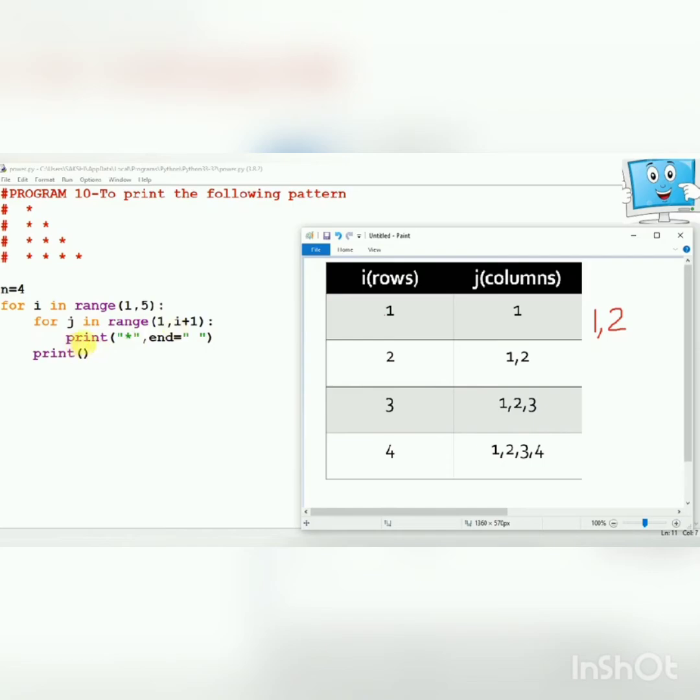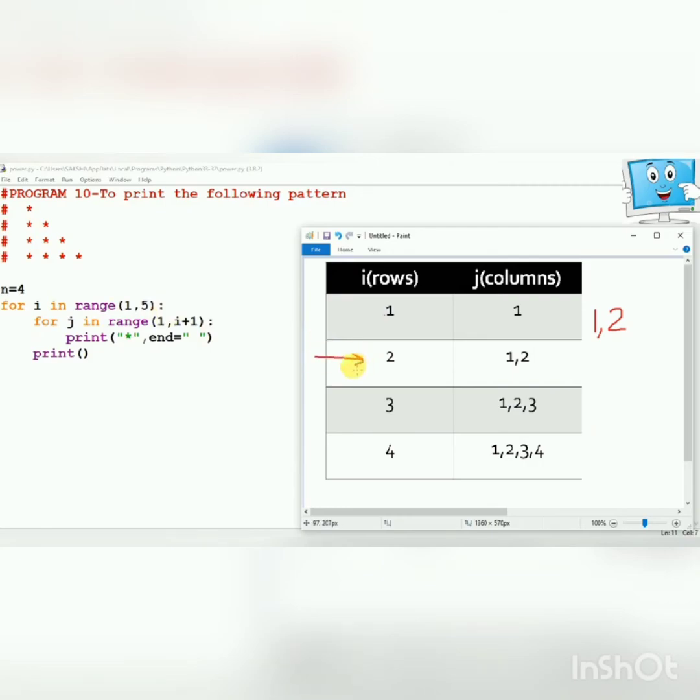So you can see here that this star will be printed, which is shown to you, and after that it will give a space. After that, since the condition does not satisfy, it will come to the next line. Since we have the empty print statement, control will come here and bring the cursor to the next line. After that, it goes to the outer for loop and the value of I now becomes